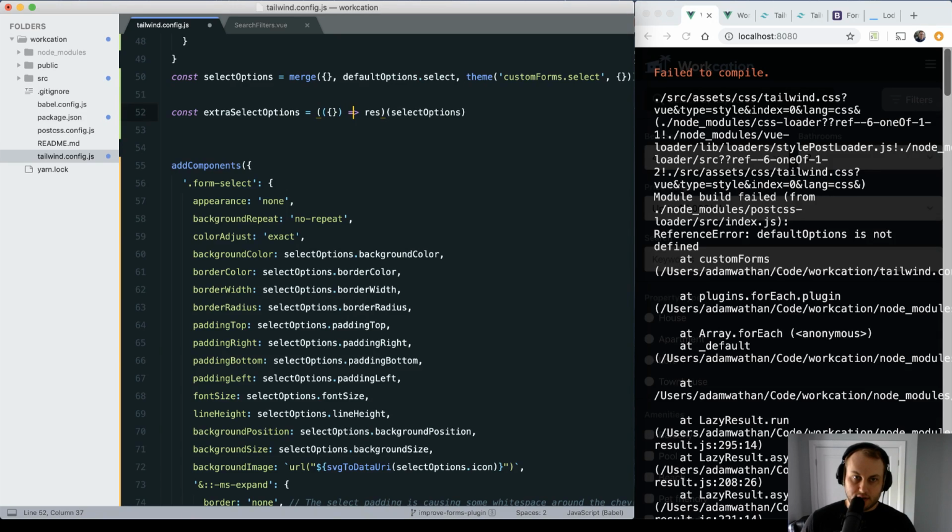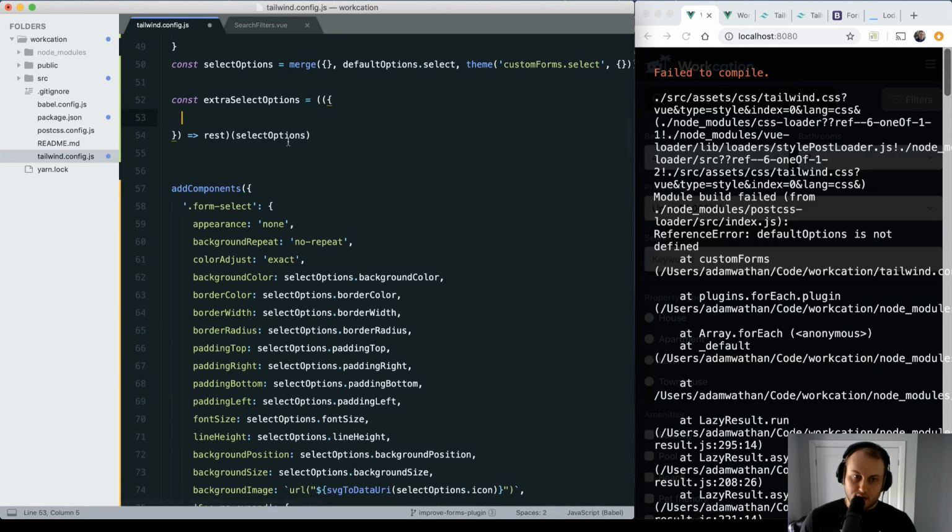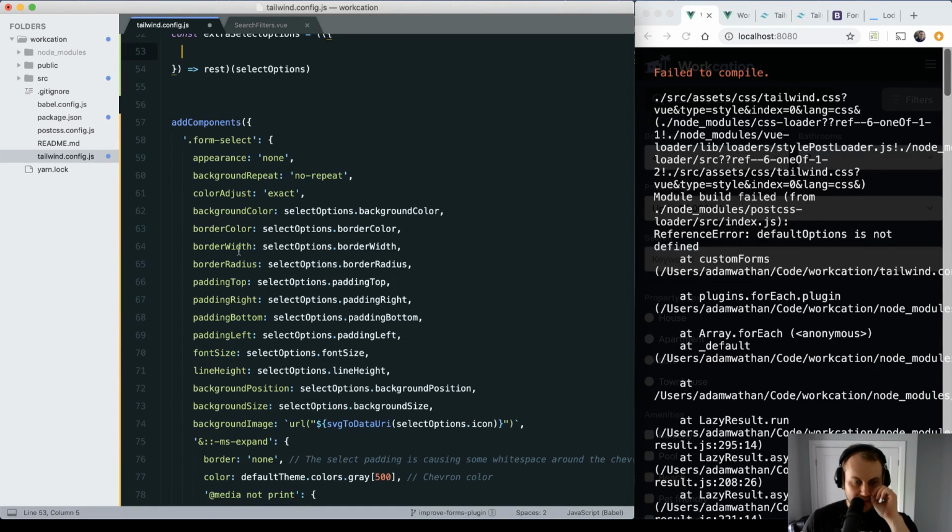So this is what we're going to do. We're going to use this fun little syntax here to make a list of all the things we don't want somebody to be able to override, or things that are valid options that don't make sense to